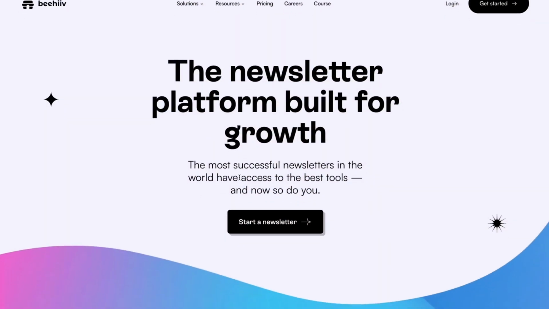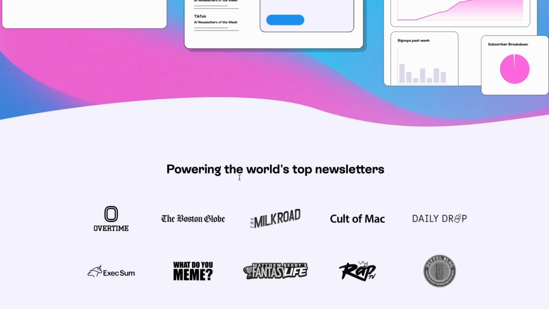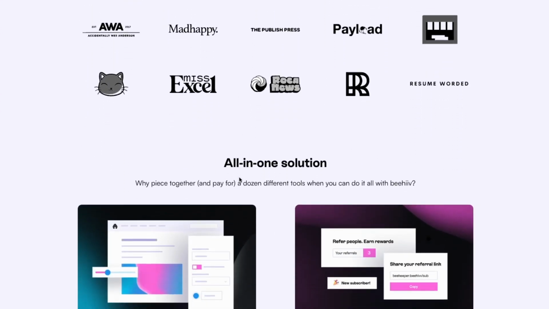And then probably the final thing that everybody's wondering: my ESP, my email service provider, who I use to write my weekly newsletter. Well, if you caught it in the beginning, I did say Beehive. So yes, I do use Beehive to run my newsletter. You're probably wondering why Beehive, why not ConvertKit, why not Substack? Well, with Beehive, they have an aggressive price right now. I'm on the free plan, and so